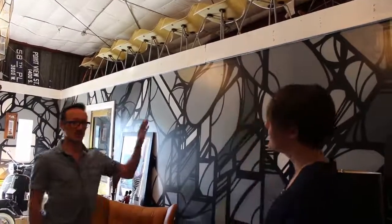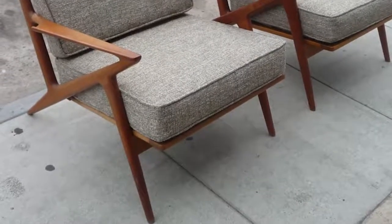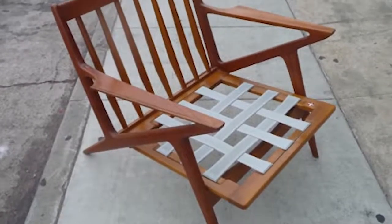Why would you encourage people to buy vintage over one of these new like West Elm pieces? I mean, I could point to certain things, but for instance, Crate and Barrel, they knock off a chair that in my business is a very famous chair. It's called the Z chair by Paul Jensen. It's a Danish chair. It's a wood frame chair that looks like a Z from the side. And it's beautiful. And if you see a real one, which there's plenty of them out there online, if you go to any of the websites that are out there, the lines are just seamless. You can't tell where one piece of wood meets another piece of wood unless you look really close. The Crate and Barrel version, very clearly the arm goes like this and stops, and then out of the bottom of the arm the leg goes back and then stops, and then this other leg goes, and it's very, very clear